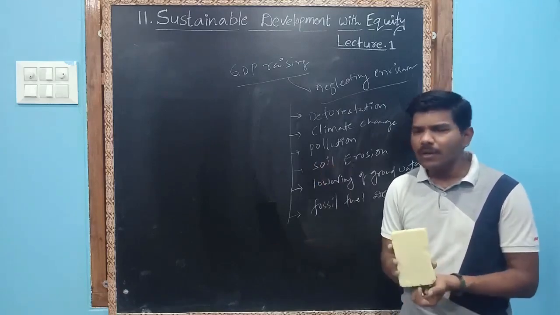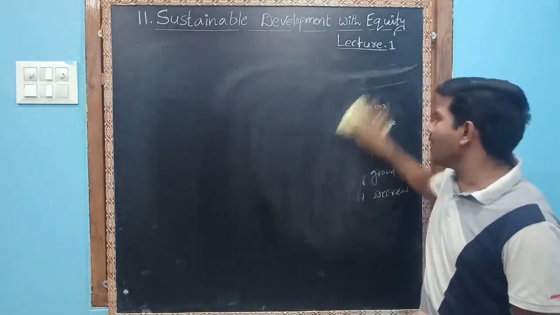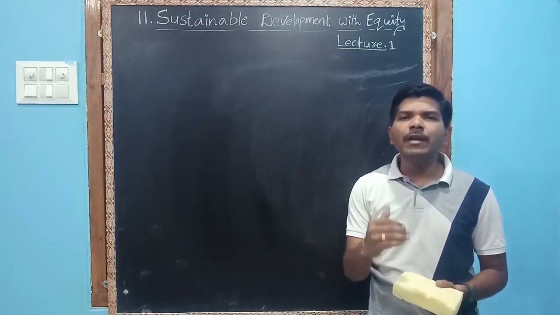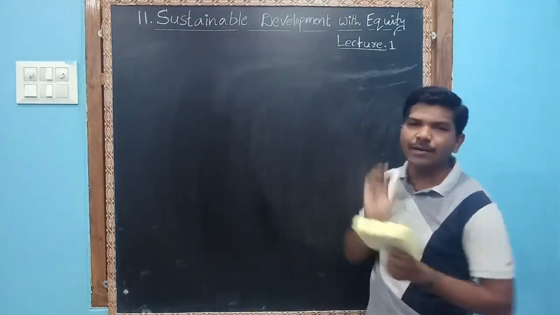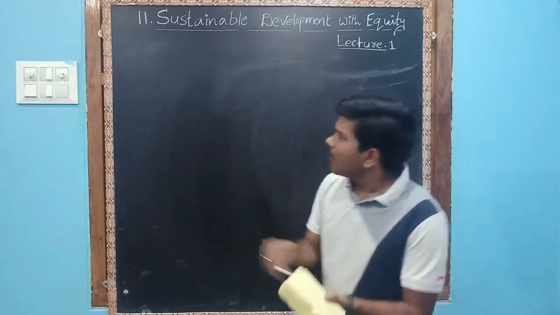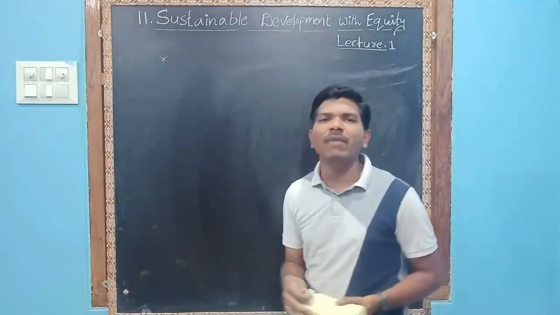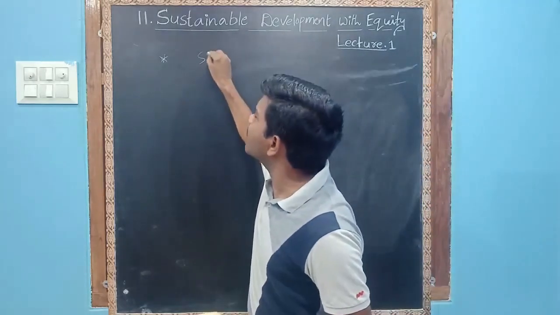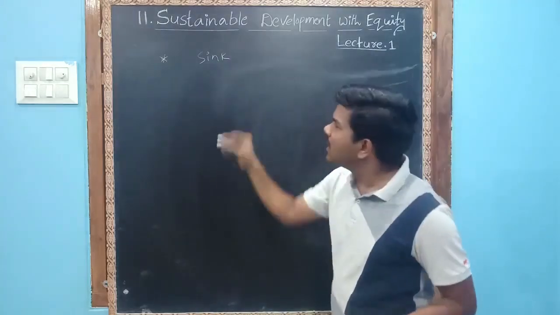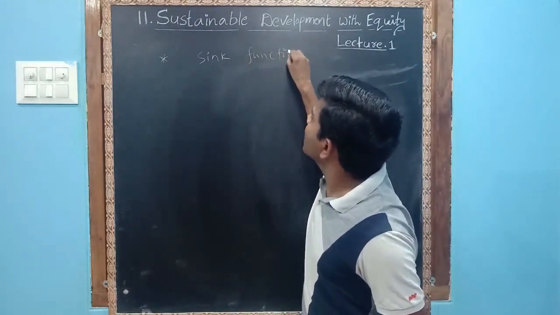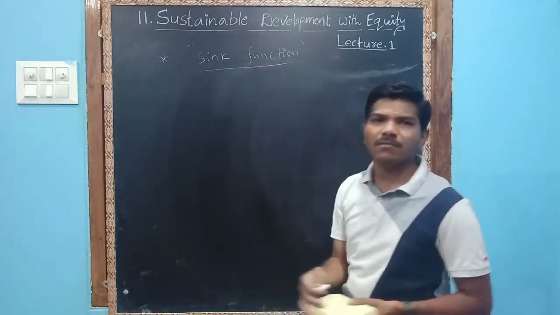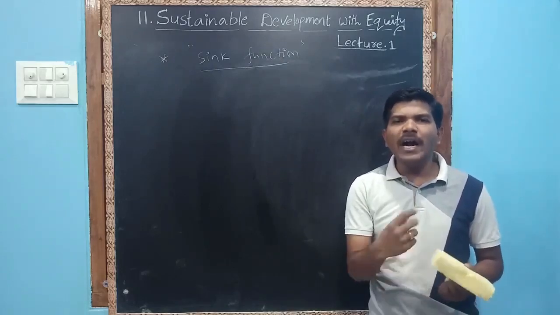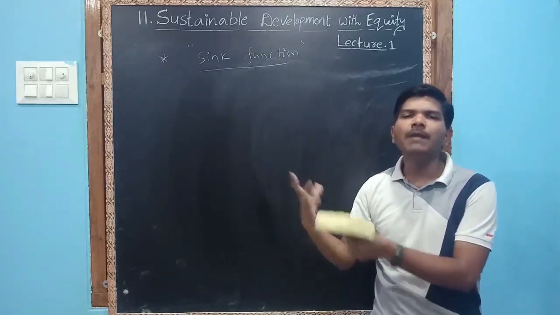Next step. Yeah, our economy depends upon nature. I agree with this. You have to also agree with this statement. Economy is completely dependent upon nature, especially primary sector. Just I told you. Okay. Next step. Whenever we neglect environment, whenever we neglect natural resources, there will be a miscalculation between the environment and the earth. That is sink function. Yeah, let us understand what is sink function. What is sink function? Sink function means simply the ability to absorb and render harmless waste and pollution.